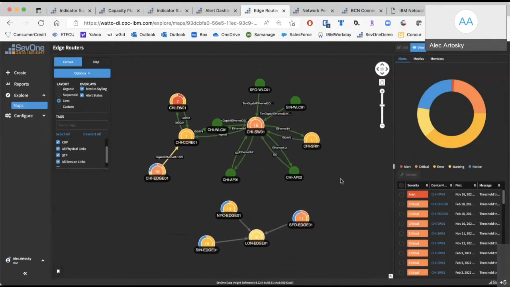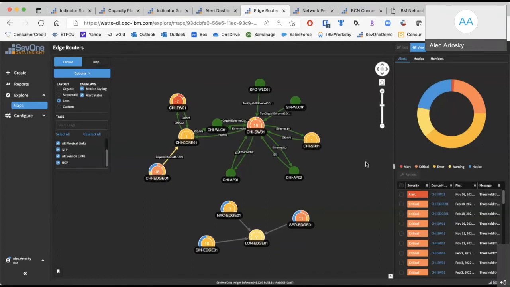So the benefit of the live maps is that not only is this an automatic creation, this is done automatically by the system when you select a focal device. I can have these lines represent alert status. I can have these lines represent metric data, like how much traffic is flowing over these interface links themselves. And then I can build these out to show me even more specific things, like if I want to show alert policies or things like that.